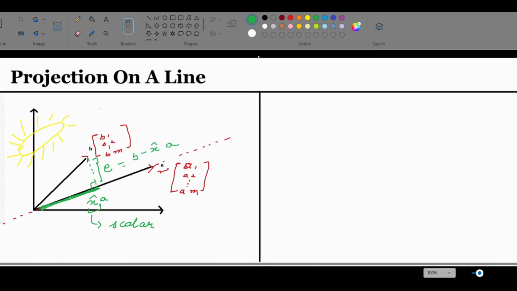You could even use vector addition to understand this because you can always represent it as B plus minus 1 times x cap A, wherein minus 1 could be the scalar. So it's kind of like a linear combination, you could say. Okay, one more thing you'll notice over here is that this vector E is perpendicular to x cap A. This means that the dot product, that is E dot A, is equal to 0.